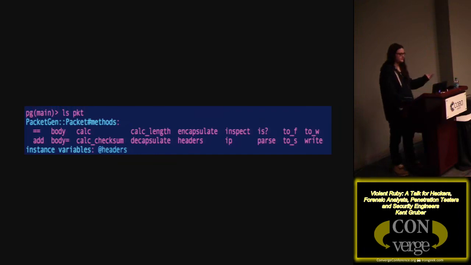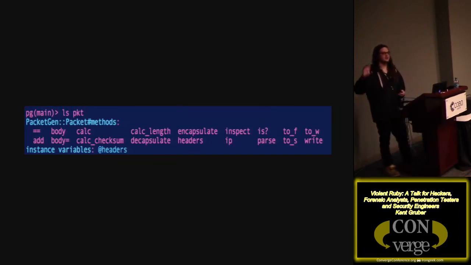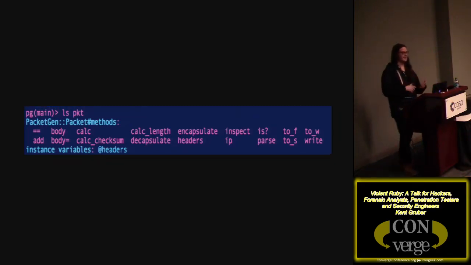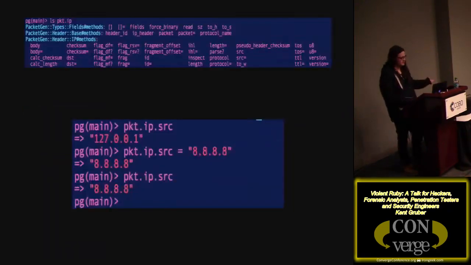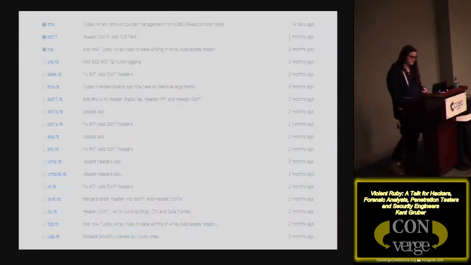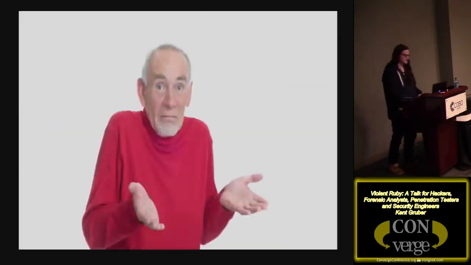It's a really great library, and you can treat it kind of like the Unix philosophy, where you have this object called packet they generated, and I want to ls the stuff that I can do on top of that packet. So cool stuff, really great library. And then you can do stuff like set the IP source or whatever, and a whole bunch of different headers that you can use. Really great library.